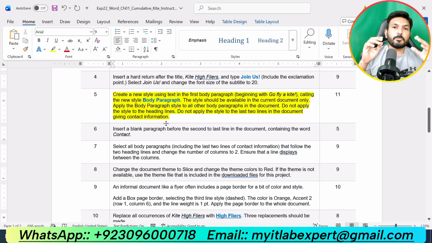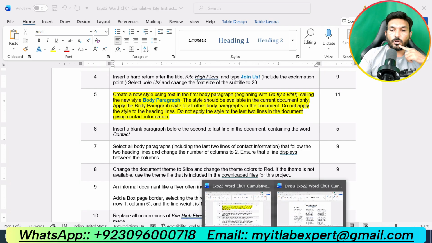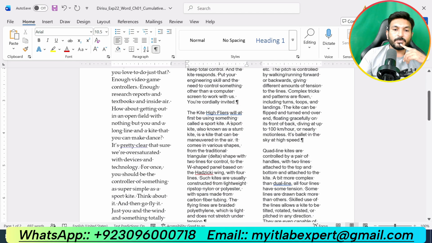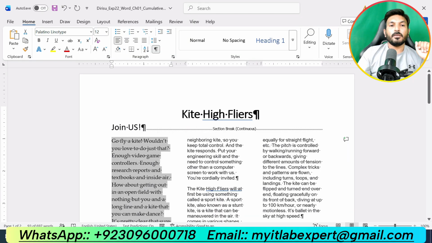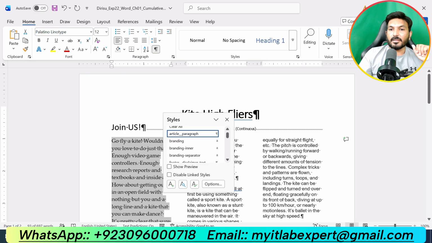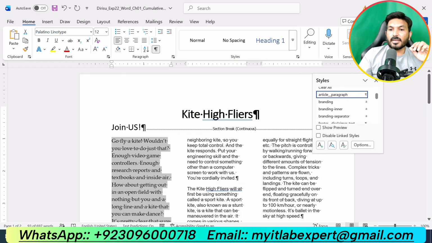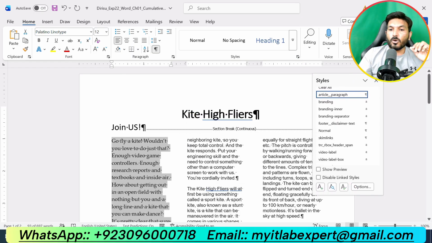So in this step, we are supposed to create a new body paragraph based on the first body paragraph into the document. Let me move to the document. So this is our first body paragraph. So select this one. Okay. So go to the home tab and click this arrow in the style. Okay. This style box will open. So now you can see different options here. So we are supposed to add a new style. So we will click this option, that is the first option showing a plus sign.